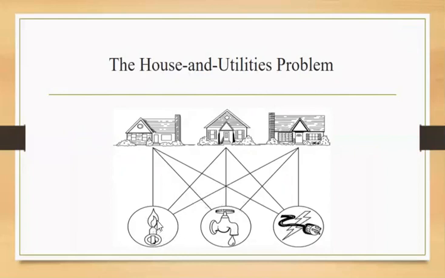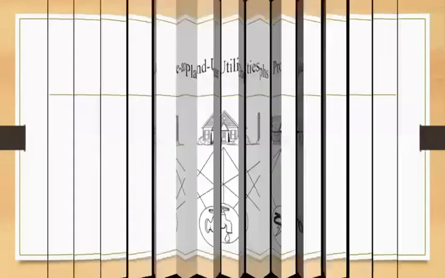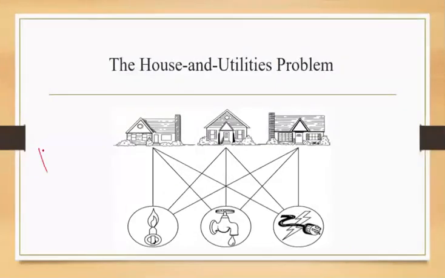Now we are supposed to consider whether it is possible to join these houses and the utilities, that is the gas, water connection and the electricity connection, so that none of the connections cross. Okay, so the problem can be basically stated as, if I want to create the connections in such a way that no two wires or connections should cross each other. So this problem can be modeled by using your K3,3 complete bipartite graph.